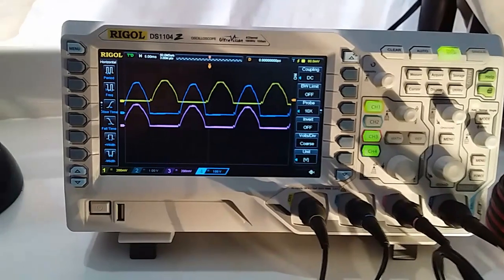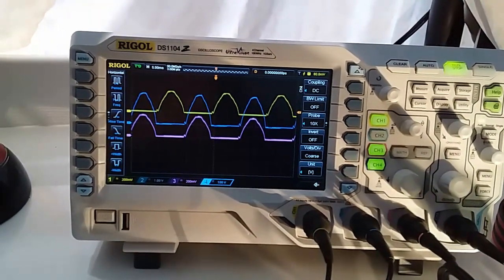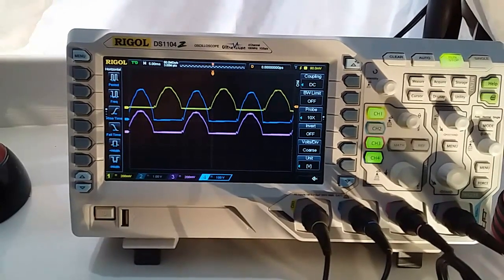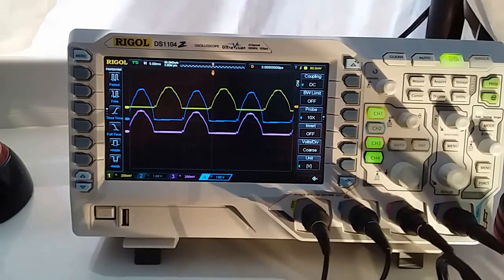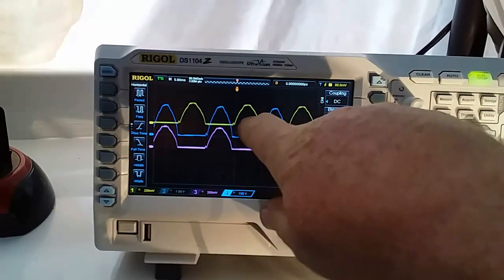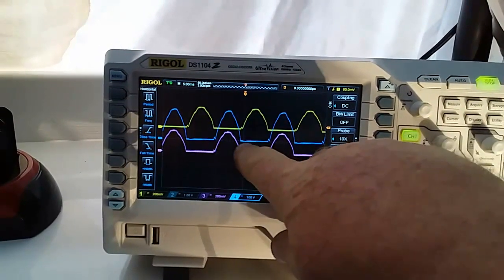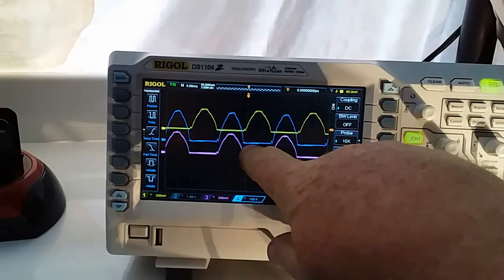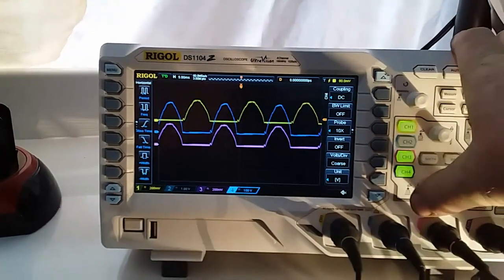Now initially, looking at the scope, it looks like a failed experiment. It looks like we have nothing there. We've got 0 on the graticule line. There's a little bit of what some people might deem as noise down the bottom. So just on the blue, which is the voltage, yellow current, pink current. So the blue there does show a little bit of what some people might call noise on the